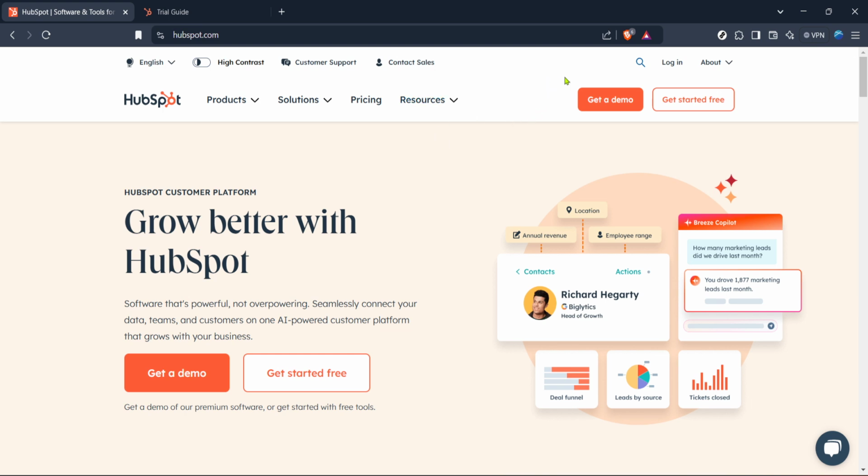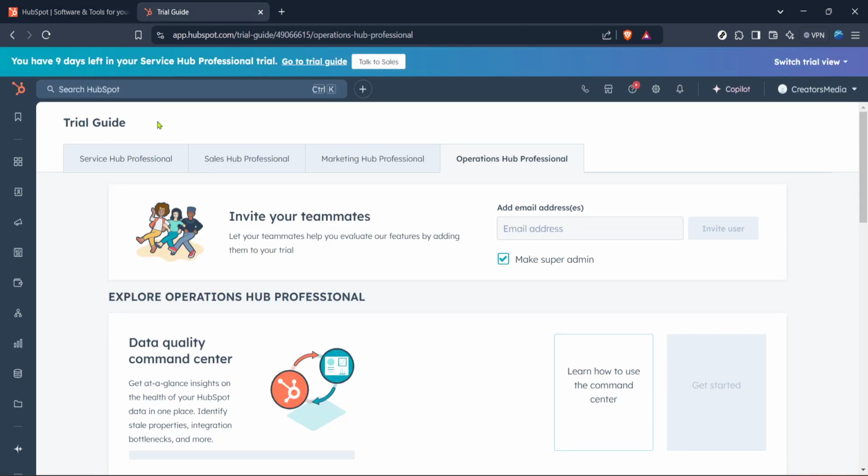Now, once you're on the homepage, the next step is to log into your account. You'll find the login button located at the top right corner of the page. Click on it and sign in using your credentials. This will take you straight to your HubSpot dashboard, which is essentially your central control panel for all your HubSpot